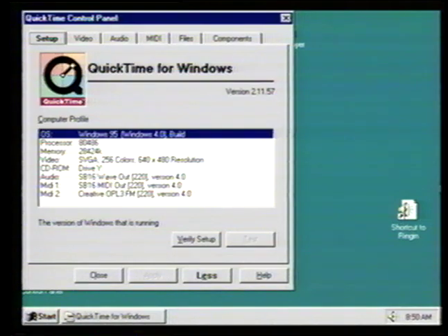So I think this control panel will help you as a developer be comfortable and get optimal performance,